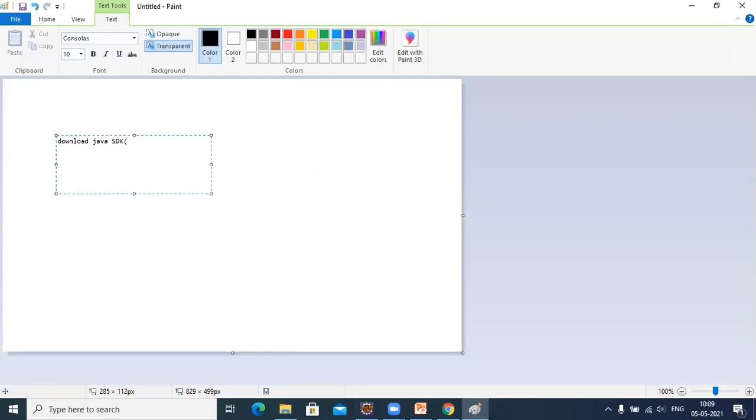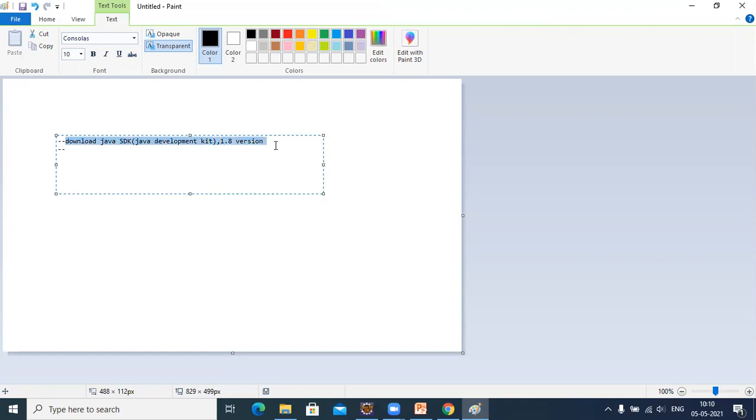Okay, Java Standard Development Kit, Java Development Kit. You are supposed to download this software. After this, you are supposed to download Eclipse. And make sure that you are downloading the 1.8 version.